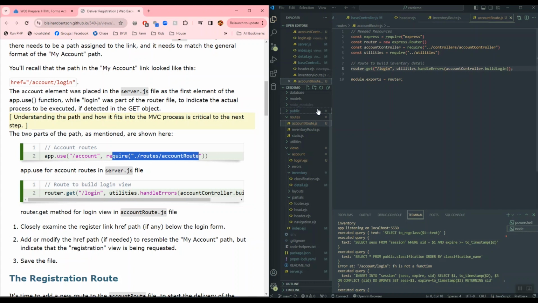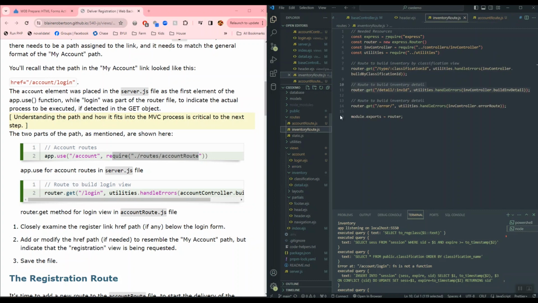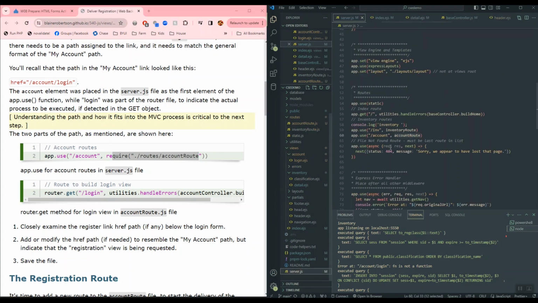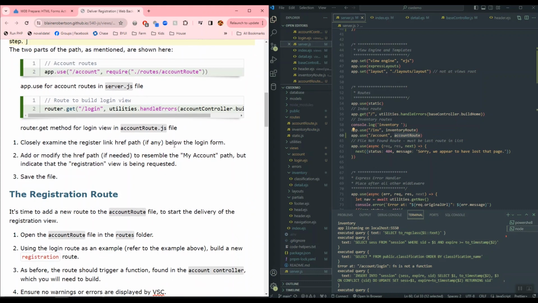So you could have done it like this, but we didn't do that because we followed what we did before with our inventory route, right? I don't like having two different things. So in our route section, we just copied what we did with our inventory route and we brought our account router into scope up above. So he's getting me all confused here in these instructions. But anyways,